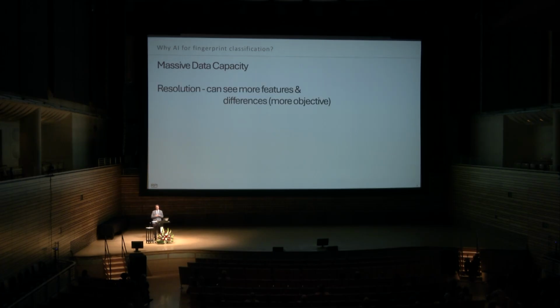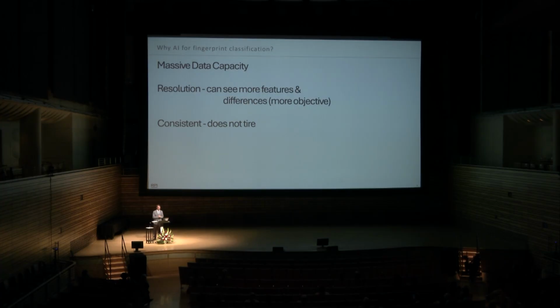AI has resolution to identify features that are far superior to many other modes of feature identification, including those that we have. For example, if you're listening to music and you don't have perfect pitch like myself, you can probably hear the difference between an A and a D note. One's higher, one's lower. But AI can tell you specifically, that's an A and that's a D. It has perfect pitch. It has resolution, and it's also quantitative. Therefore, it can be more objective than other forms of classification.